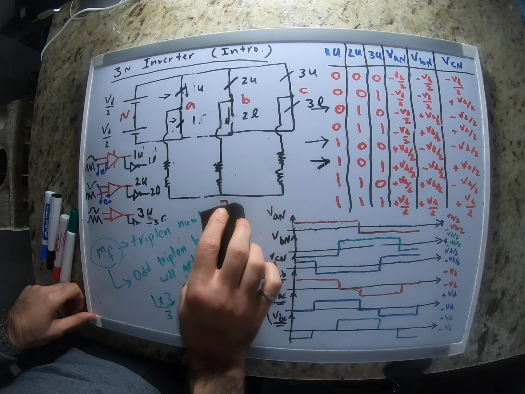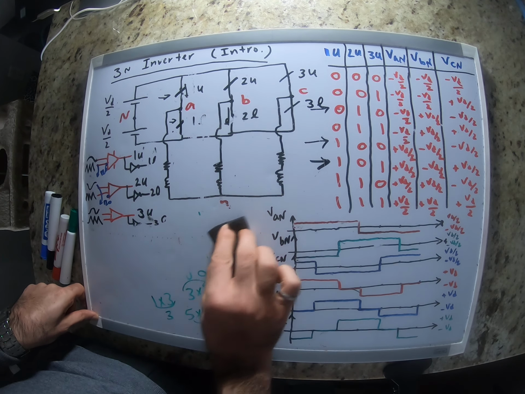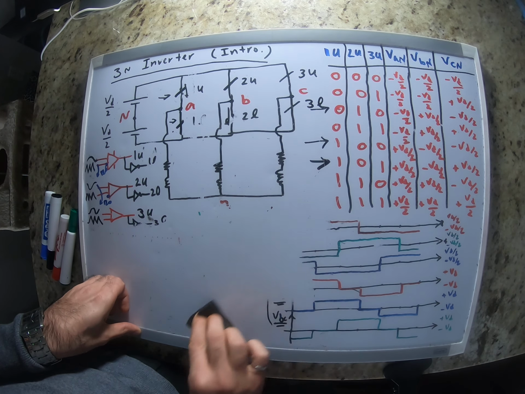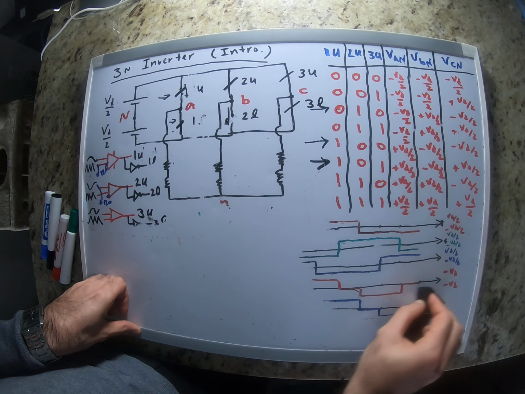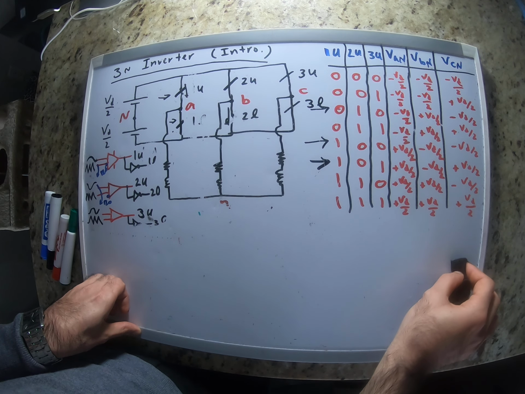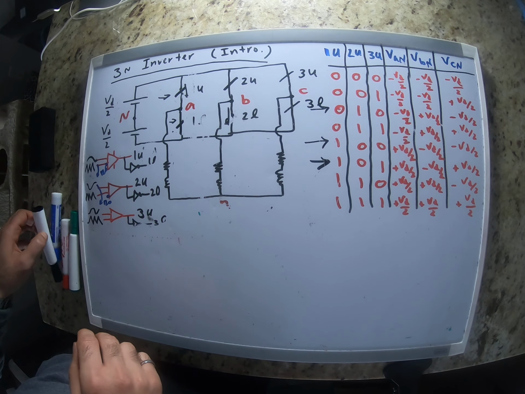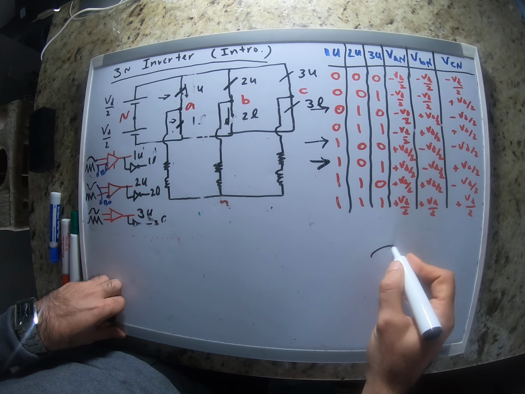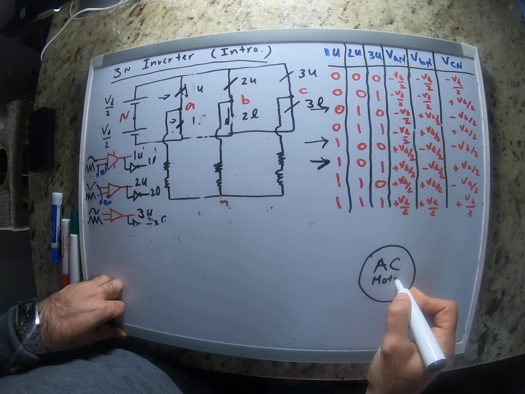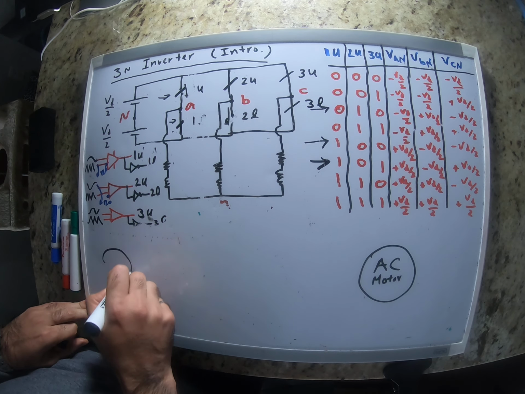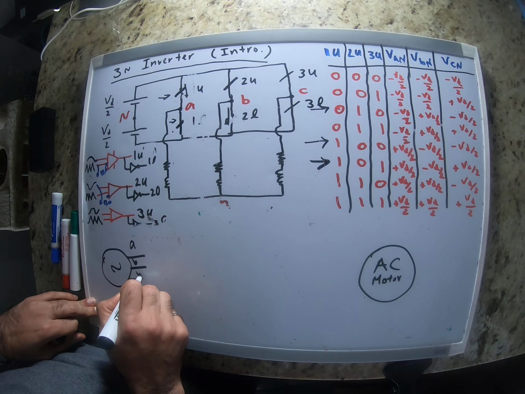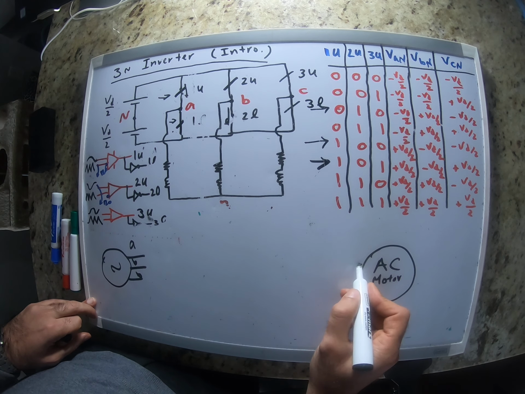But one thing I wanted to tell you, and I have mentioned this in other videos before, is the application of a three-phase inverter combined with a three-phase rectifier for controlling AC motors. Okay, so let's say this is our grid. We have three-phase ABC. Okay, and we want to control this three-phase